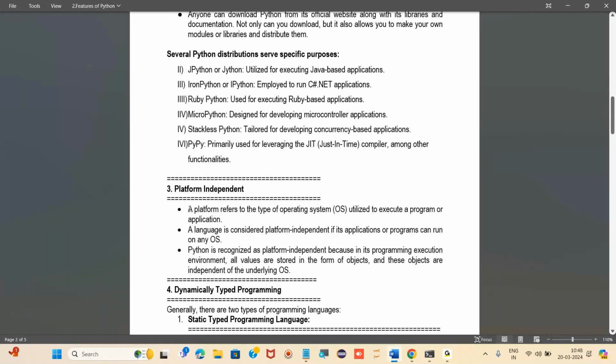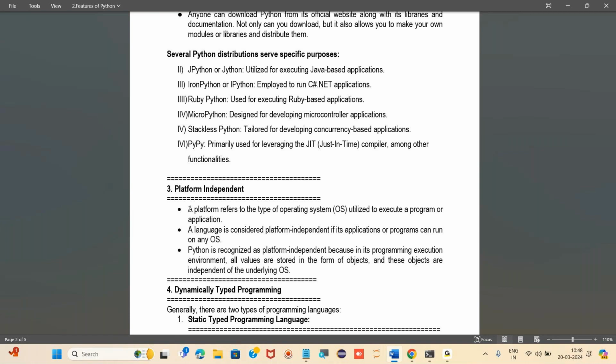If we are writing the code in Windows, we can also use the same code in Mac OS. We can also use the same code in Linux operating system, right? That is what platform independent means. It is not dependent on any kind of platform, right?